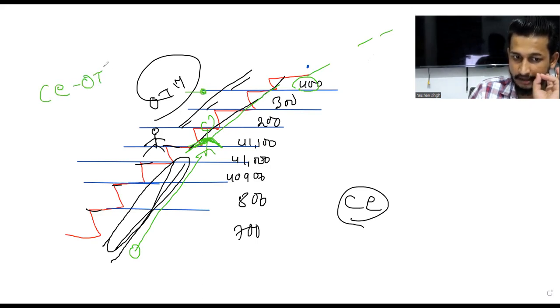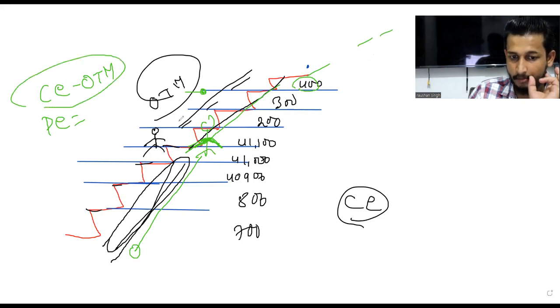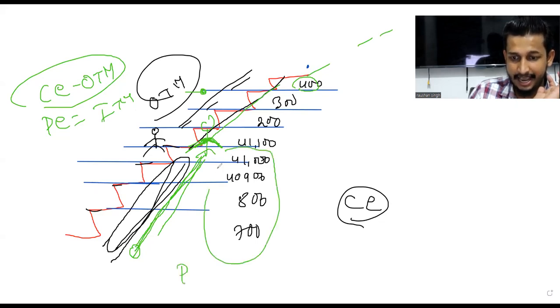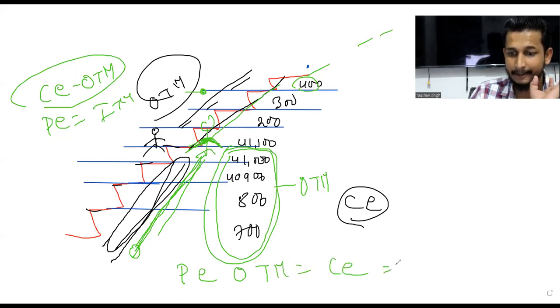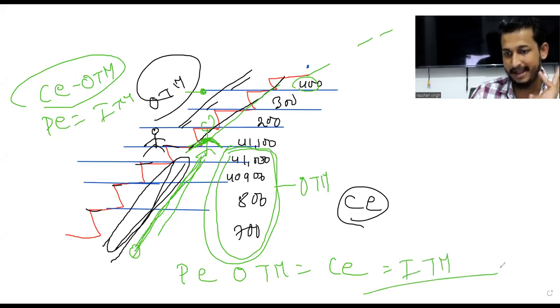फॉर कॉल ऑप्शन OTM इज इक्वल टू पुट ऑप्शन, पुट ऑप्शंस का क्या हो जाएगा, कॉल ऑप्शंस का OTM पुट ऑप्शंस का क्या हो जाएगा, in the money। her goal is to go towards downside, the put option goal is to go towards downside, which means ये क्या है हमारा P के लिए, what is it, it is OTM। So put option OTM is equal to call option ITM। समझ में आ गया? सिंपल।